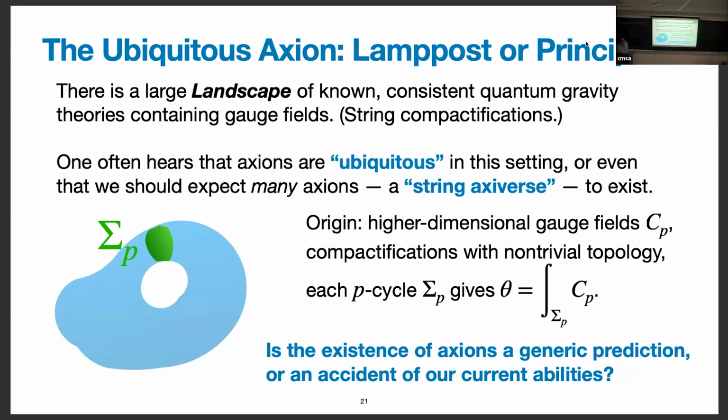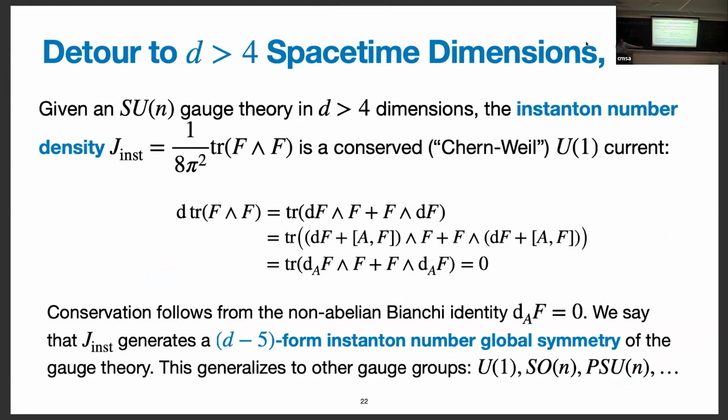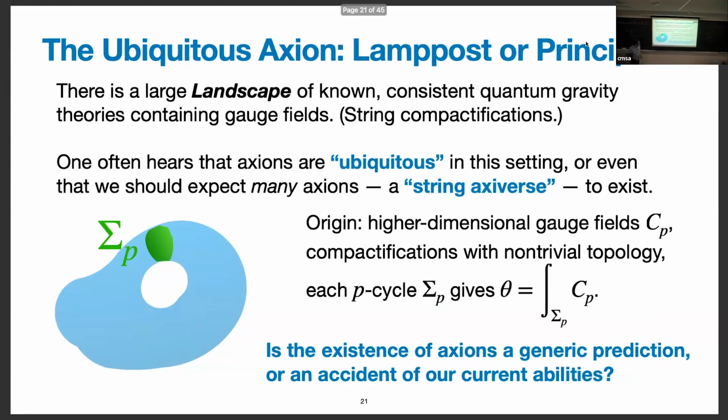And so what I want to talk about now is sort of my thinking on why I think that there might actually be a good general reason why string theory predicts an axion in our universe. But I want to emphasize that it is not that anytime you find any gauge field in quantum gravity, it must couple to an axion. That is just a false statement. There are counterexamples. And so any careful statement needs to somehow deal with all the different examples.